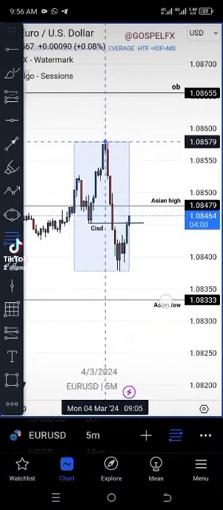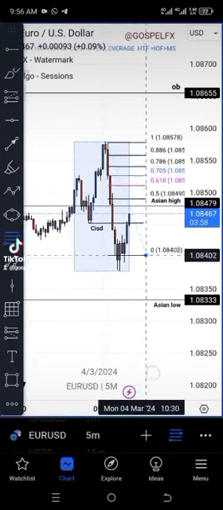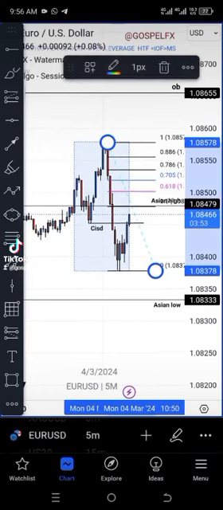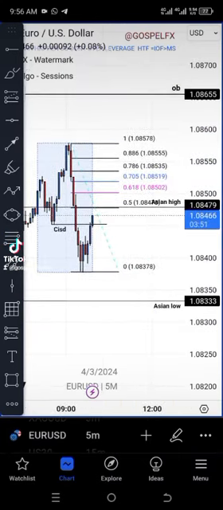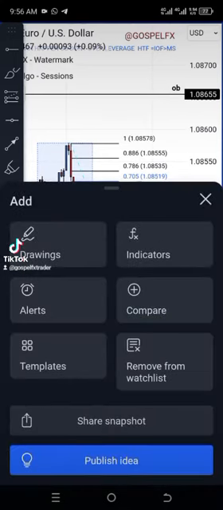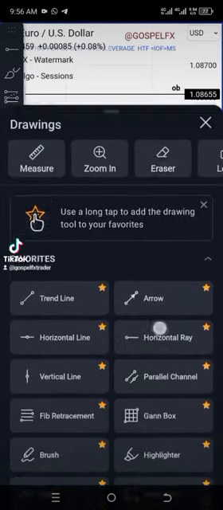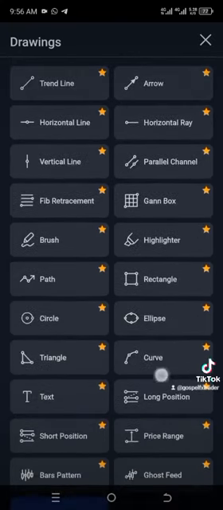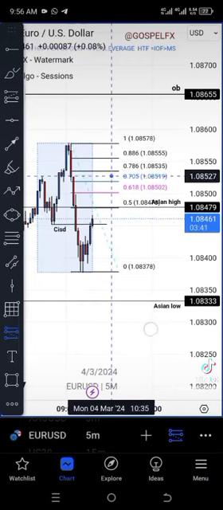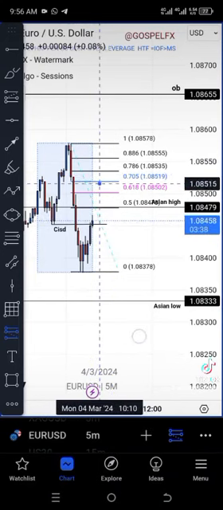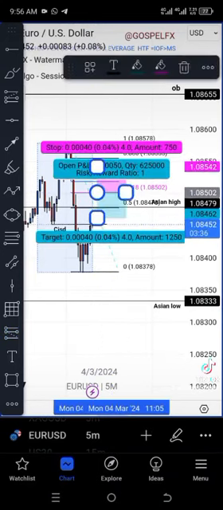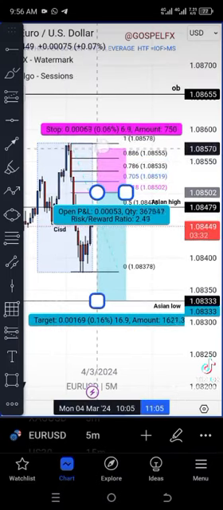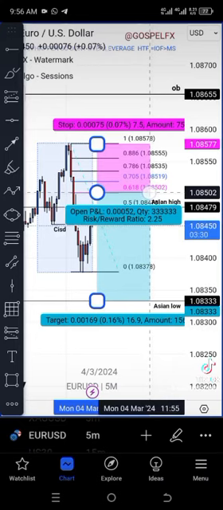So you go to your indicators now, and you mark out your change in state of delivery. You use your Fibonacci to try to get an entry at a premium of the range. Since you are in a case of selling, you want to sell at a higher price. You want to sell at premium. So you're going to be looking for an entry at a premium, and in this case we have our premium at the 618 level of the Fibonacci, and our target is going to be the Asian